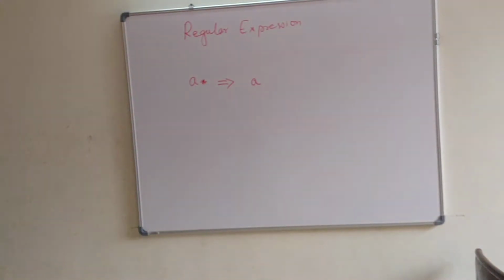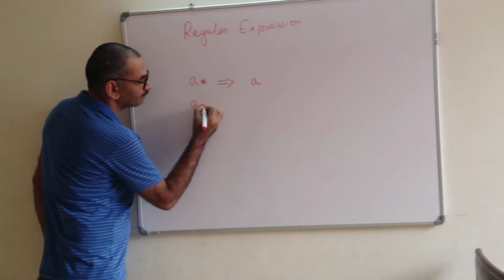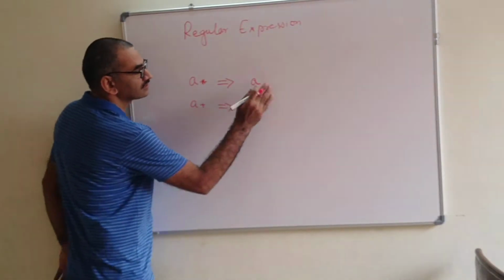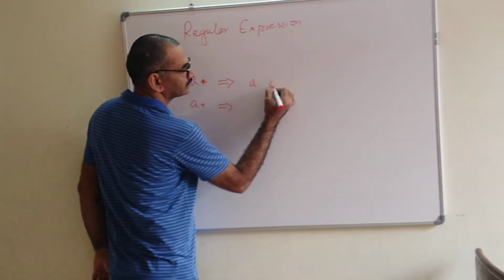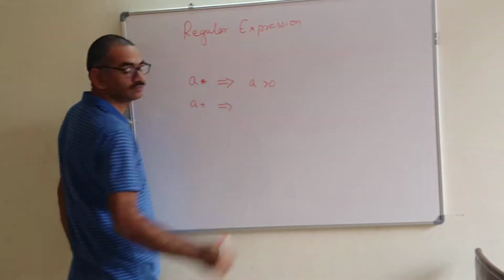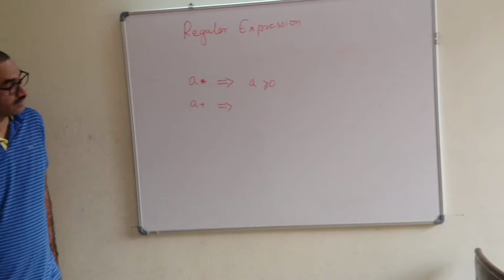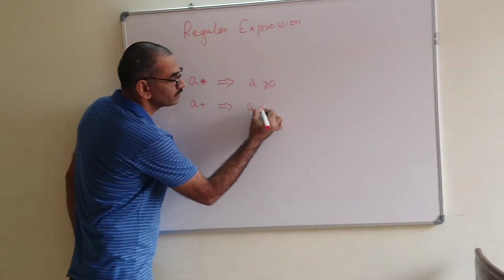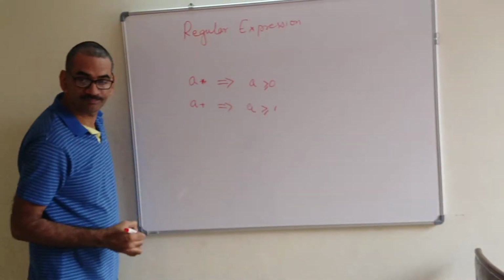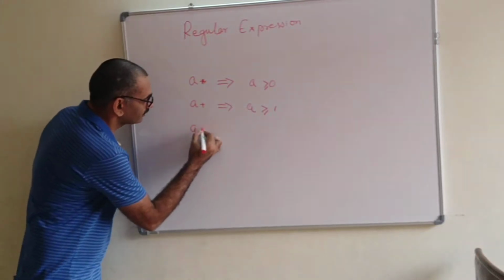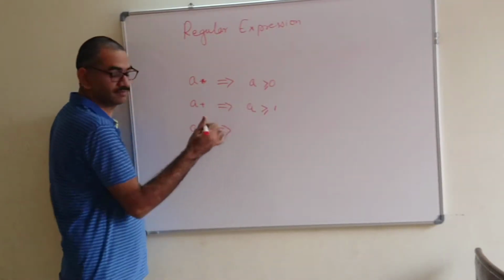It can be there or there can be any number of them. A plus means A should be present greater than or equal to 1, and A question mark means